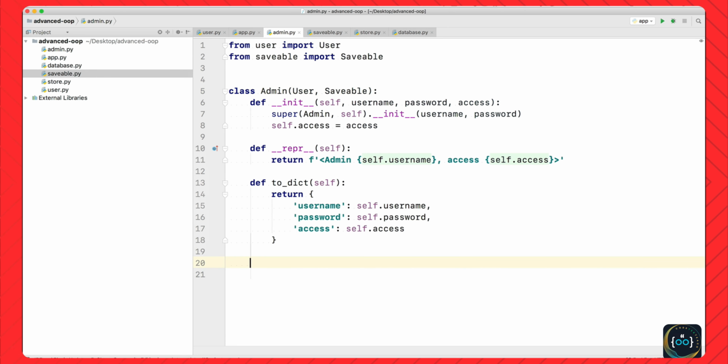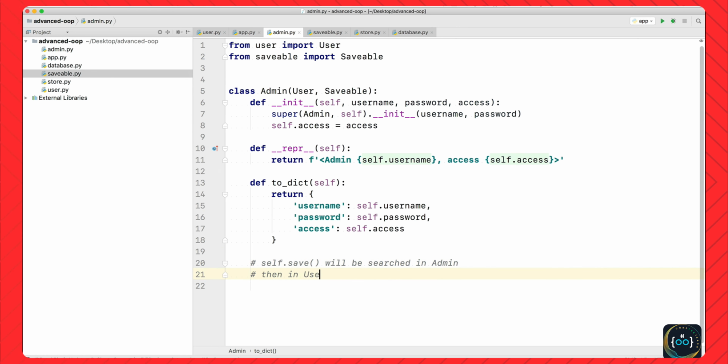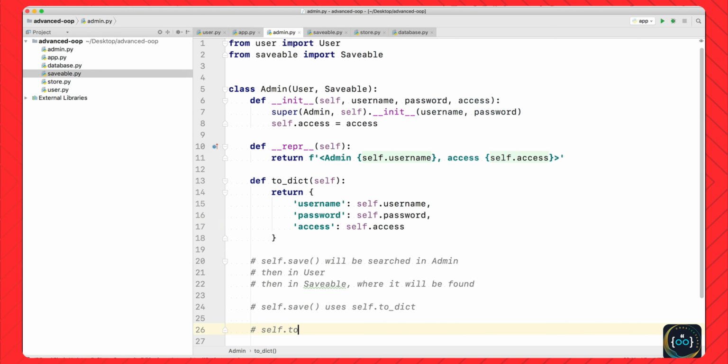So again, self.save will be searched in admin, then in user, then in savable, where it will be found. Self.save uses self.toDict, and again, self.toDict will be searched for in admin, where it will be found. And that's it. So there's a tree of sort of method calls that happens when you have inheritance, and that's